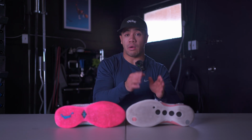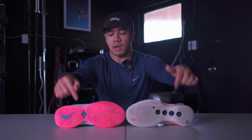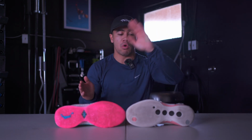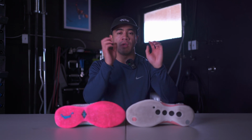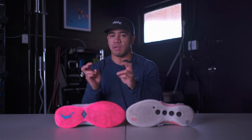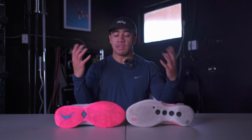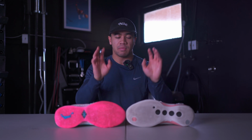And then onto the WoW 10, full length Boom cushioning, and then both have a carbon fiber shank plate, which I'm gonna kind of loop in with the cushioning. It's not full length in the LeBron 20, it is full length in the WoW 10, so I definitely feel the plate a lot more in the WoW 10. And if you watch that review, I said the WoW 10 is more springy than bouncy. I would say that still holds true. LeBron 20 is a little bit more bouncy than the WoW 10, mainly because there's more cushion in the forefoot in the LeBron 20 than there is in the WoW 10, and that's fine. So as far as cushion setup, I'm gonna go with the LeBron 20,